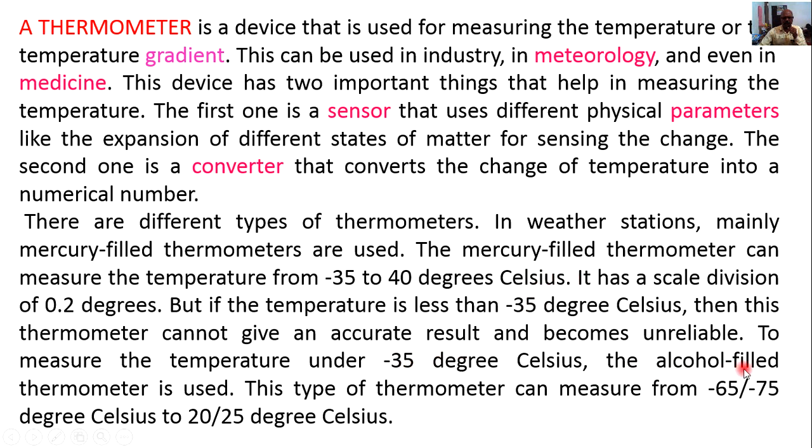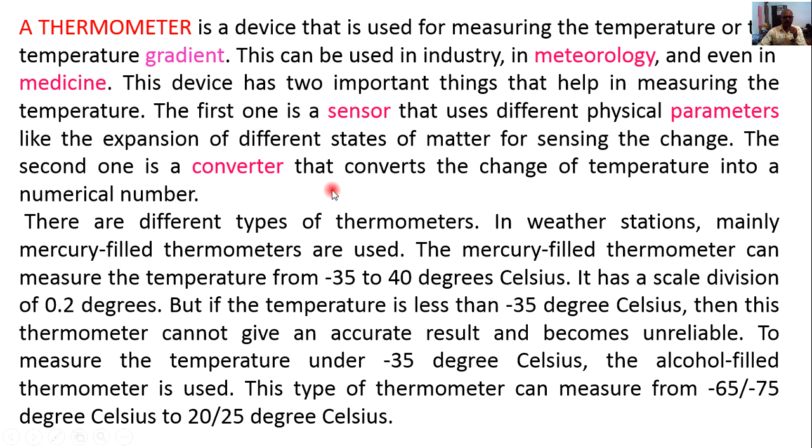There, the alcohol-filled thermometer is used. This type of thermometer can measure from -65 up to -75 degrees Celsius to 20 up to 25 degrees Celsius. That's why in that field the alcohol thermometer is used. This thermometer cannot give an accurate result, so to measure it, the alcohol thermometer